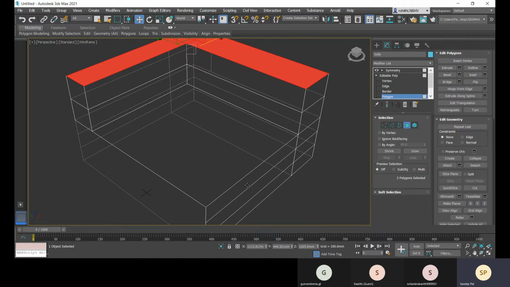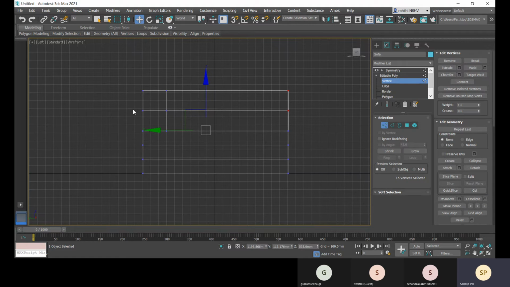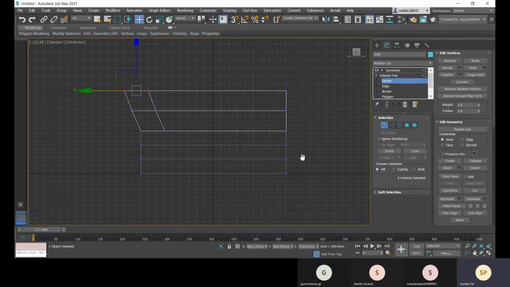Now let me go to the left view there. Now I'll press 1 for vertices. Let me select these two vertices, and now let me move to this side. Let me select these vertices. Let me move to this side.